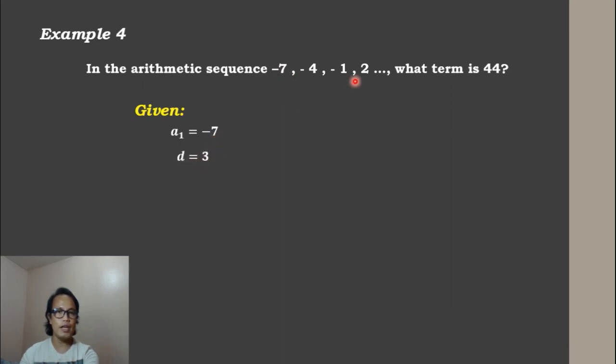So how did we get 3? We subtract 2 minus negative 1 is positive 3. Then negative 1 minus negative 4 is positive 3, and so on. Then, this is a sub n, which is the last term, 44. We have a sub n because we do not know what our n is, because that is our unknown. So to solve, our formula a sub n is equal to a sub 1 plus n minus 1 times